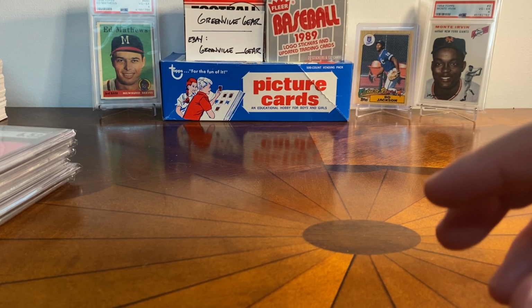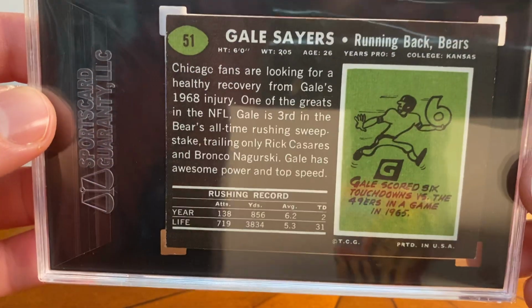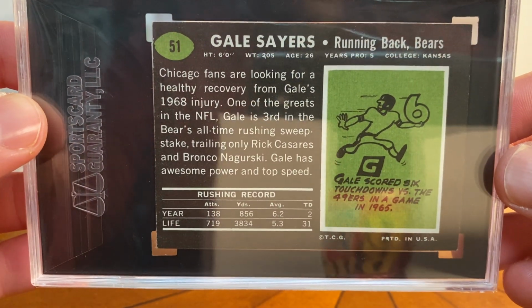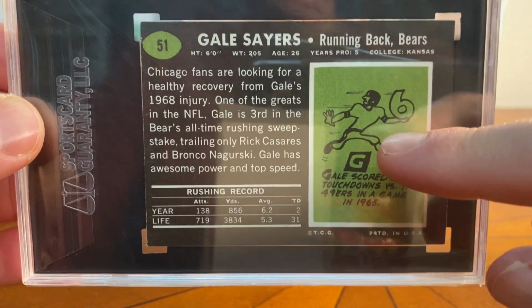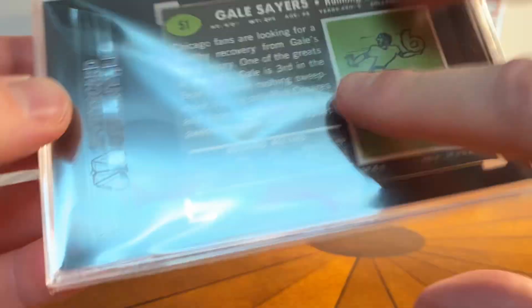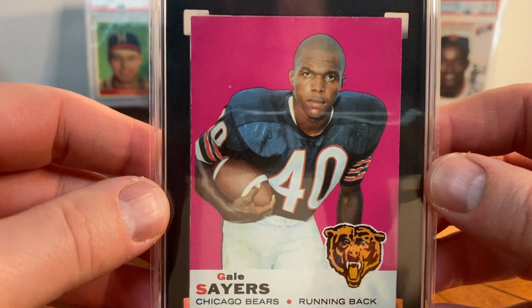So that is number 7. Number 6 is a football card. And it's this Gale Sayers. I also talked about this on the channel before, but I have an autograph version when Topps did a reprint of this card, but this is the original 1969 Gale Sayers